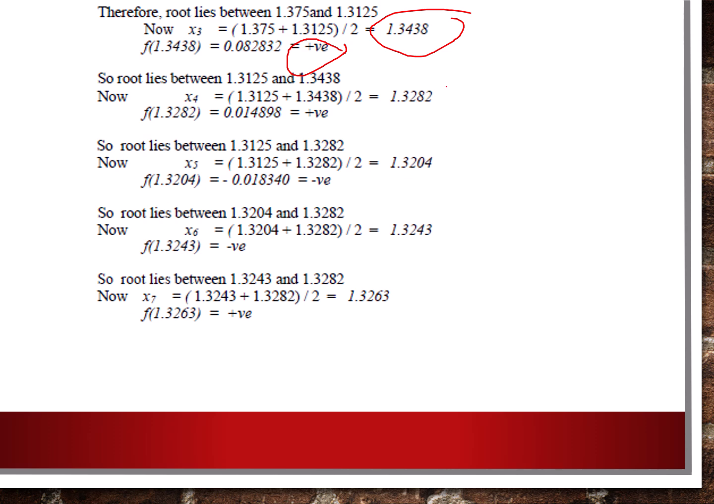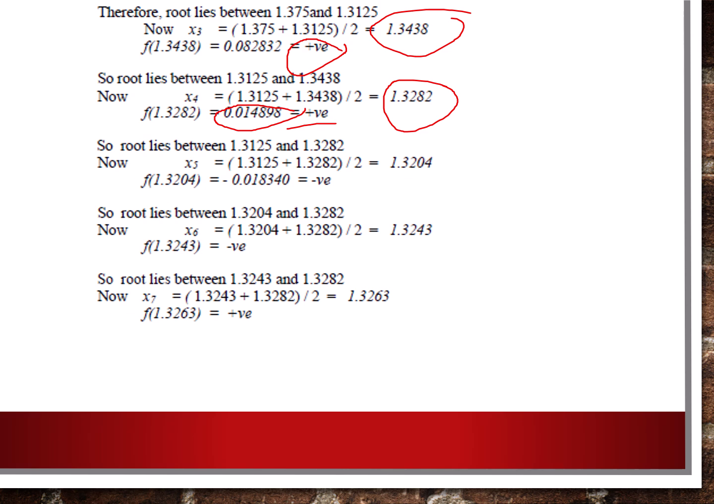1.3282. Apply to the function. The f of 1.3282 equal to 1.3282 whole cube minus 1.3282 minus 1, the final value of 0.014898. The sign is positive. Next, the root lies between